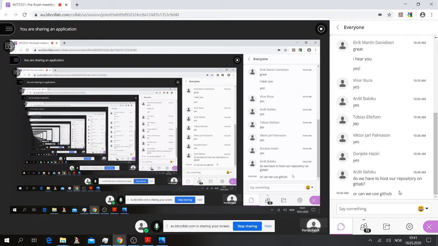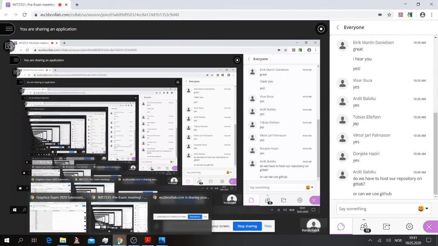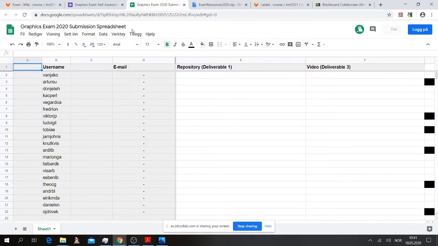Now, it should be available through this spreadsheet, basically. Because it's a bit different since it's the exam, it should be connected to this Google Drive here, where we collect everything that has to do with the exam. So just paste it into this Excel file here.